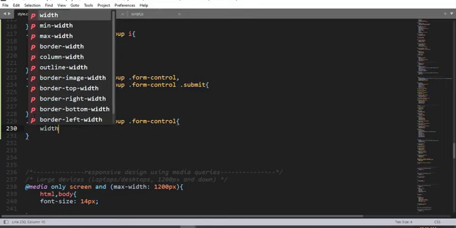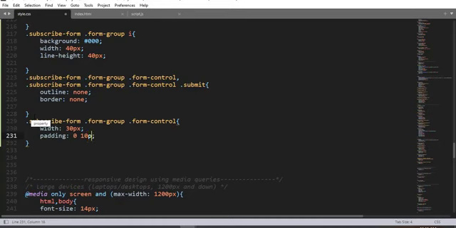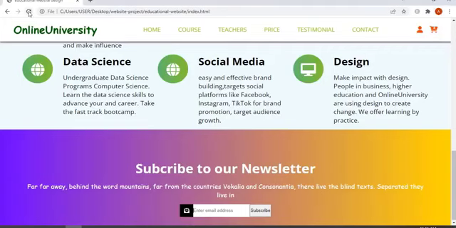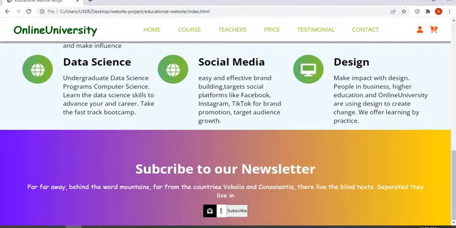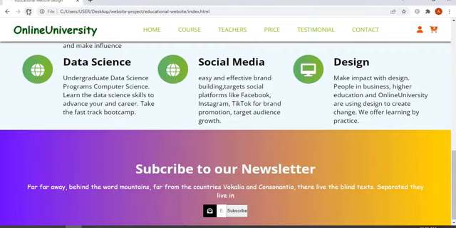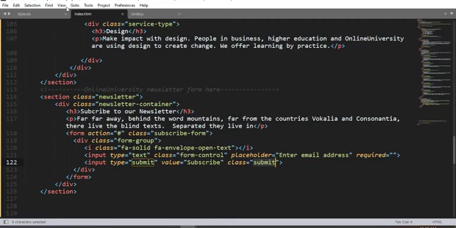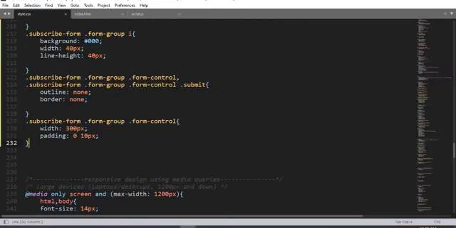we have a form control class selector with 30 pixel, padding 0 and 10 pixel. So when I save and refresh, okay, alright. Instead of 30 pixel over here we have 300 pixel, right? So when I save and refresh, here we have. Now